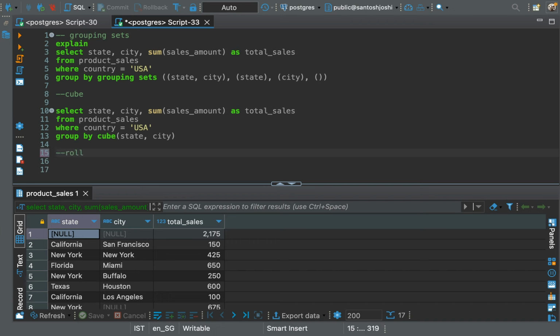Now let's quickly discuss Rollup. So Rollup assumes that there is a certain hierarchy amongst the columns. So in this case, let's say state has cities, right? So there is a hierarchy here, and cities are at a more granular level. So if I use a Rollup like this, it will generate combinations something like this,